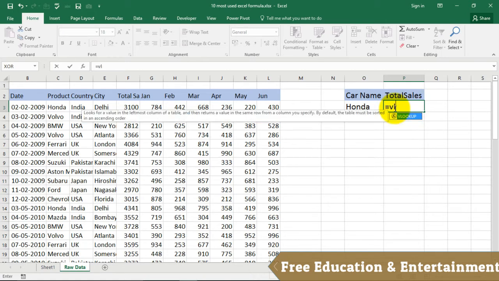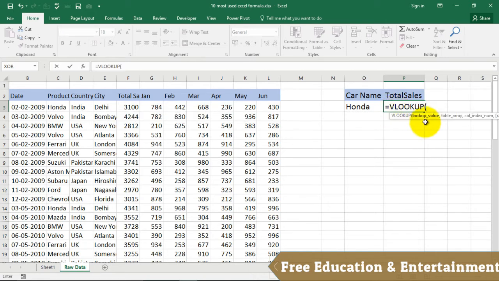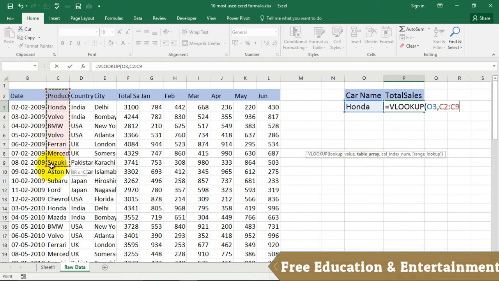Is equal to VLOOKUP, and it says select your lookup value. So my lookup value would be Honda, comma, table array. Now table array would be that range which contains your answer. Be sure that it starts from that column which contains your lookup value, which is Honda. So now I selected this area,